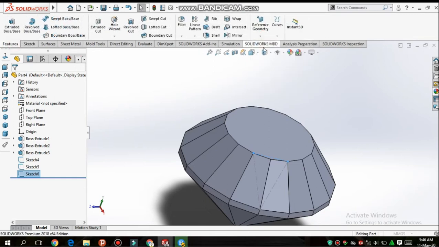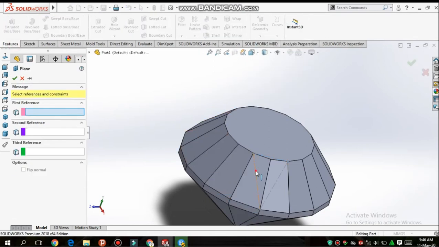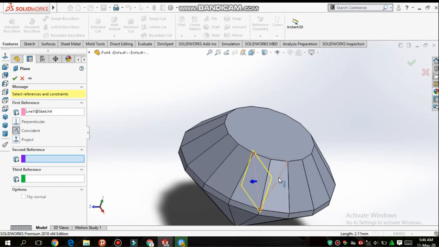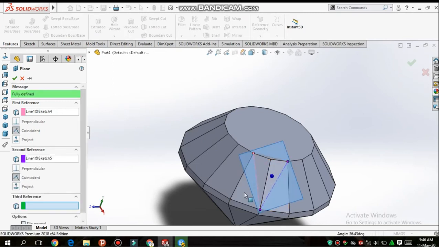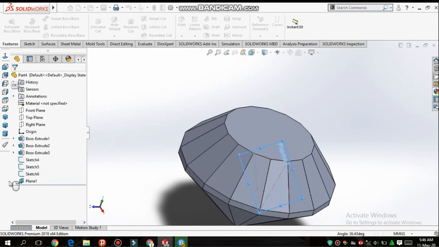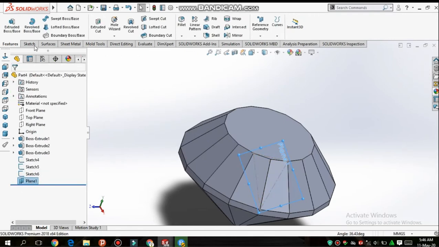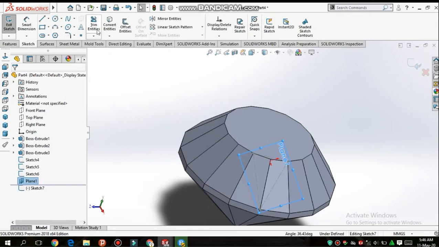Here is plane, and now select this line as a reference and this line as a second reference. Now you can see plane is created. Click OK. Now select this plane, go to the sketch and select all of these three lines and click here convert entities. Now you can see it is converted.